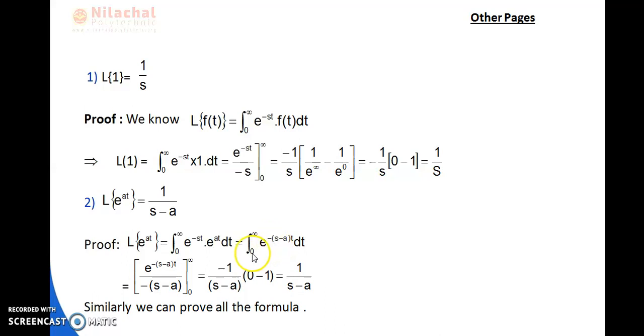That can be written as integration 0 to infinity e to the power minus of s minus a into t dt, and its integration is e to the power minus s minus a t by minus of s minus a, since this is a constant, it is divided, whole from 0 to infinity. Then it becomes minus 1 by s minus a, a constant, keeping it outside. Then by putting infinity it becomes 0, by putting 0 it becomes 1, then minus